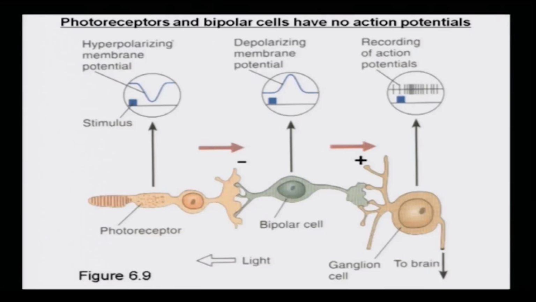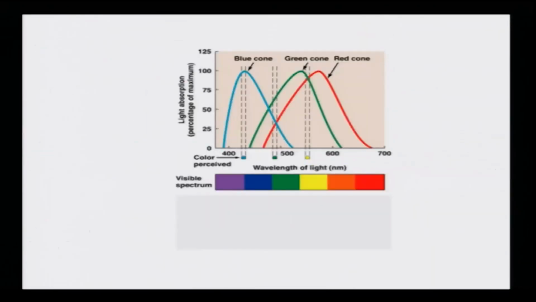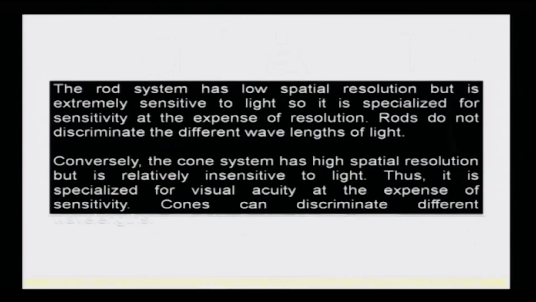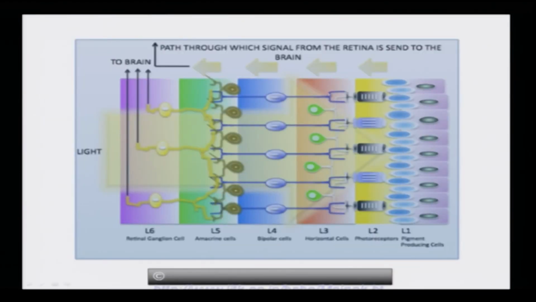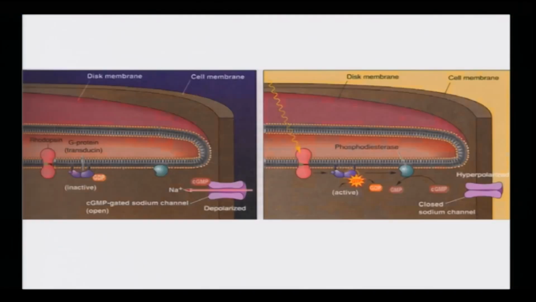Hyperpolarizing the membrane potential leads to the depolarization of bipolar cells, and then at the ganglionic cell layer all the processing takes place. So, essentially, if you look at this picture, all the action potentials are generated in this layer, the retinal ganglionic cell layer. Okay. And so this is another picture where we are showing the phosphodiesterase sitting,